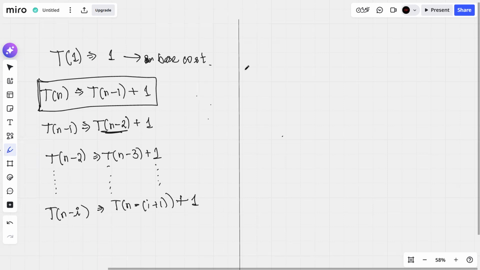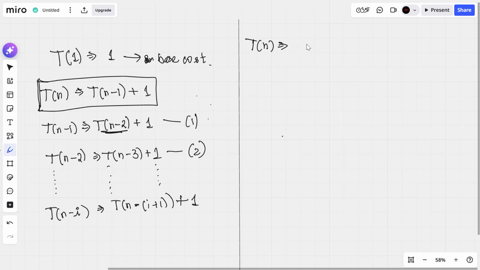Okay, now we'll continue. For some t of n minus 1 I have this equation. This is my first equation, my second equation, and so on. I have my t of n minus 1 value over here, so I'll just substitute it right here. So t of n becomes